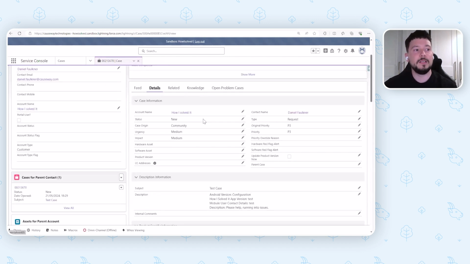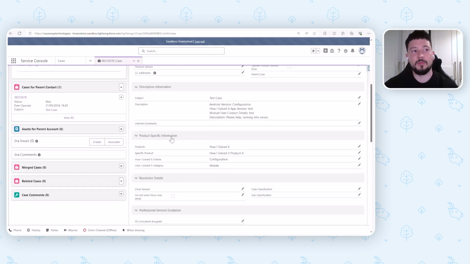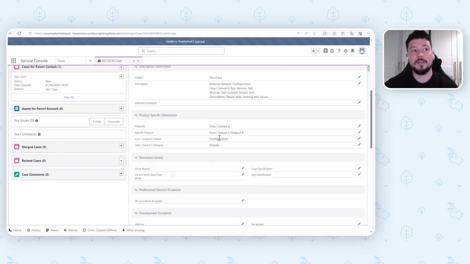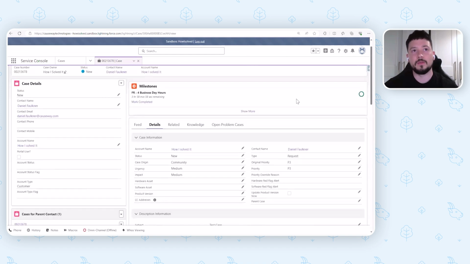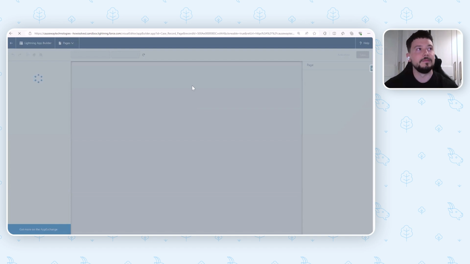And then if we go to the details, we've got all of the text information. So the way I like to do it is, I built a template, and all of the questions are just put in as text. And then afterwards, it's what the customer has put in. And you can see as well, we've got a product specific information section. And again, that's filled in, and these are dependent. So if I just edit page,